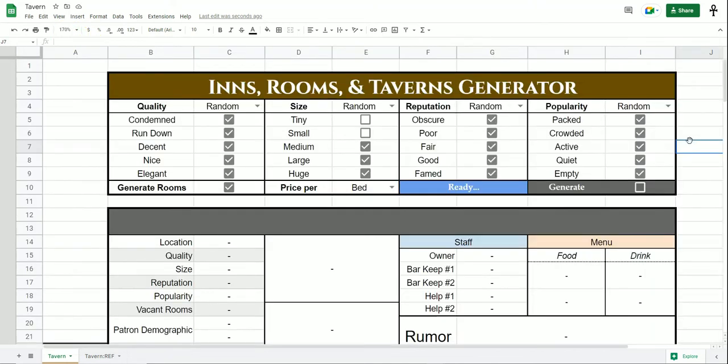We have some pretty intuitive settings here. You can set the inn or tavern's quality as a scale of 1 to 5 from condemned, rundown, decent, nice, and elegant. Currently it's set to random, which means that with all 5 boxes checked, it will generate any one of these 5. However, if maybe your players are in a nicer part of town and you don't want any condemned or run-down inns or taverns, then you can uncheck those and you would only get decent, nice, and